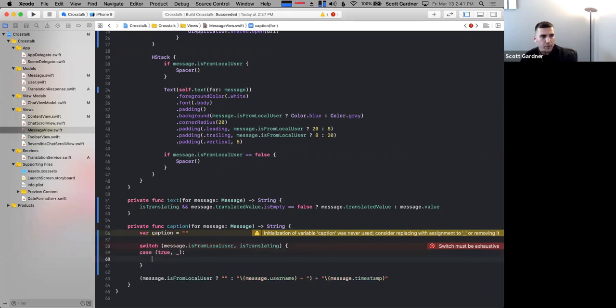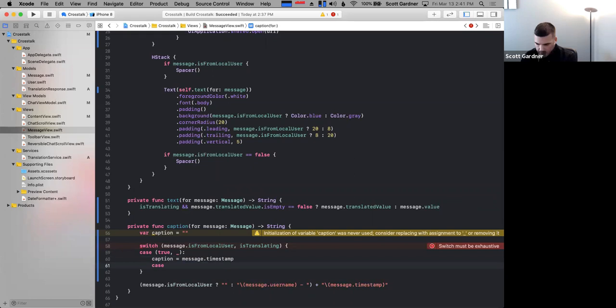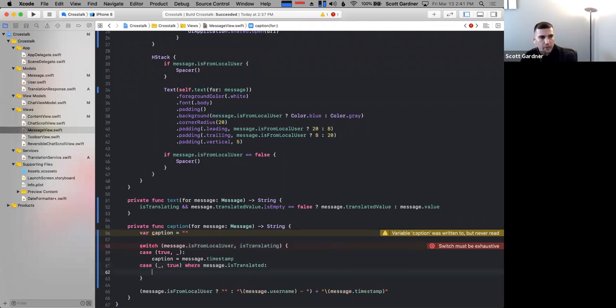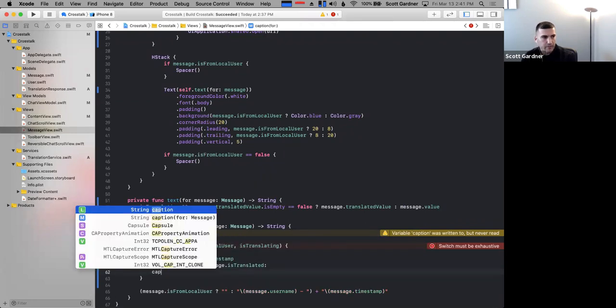So we're just going to say caption equals message dot timestamp. Otherwise, if it is translating, regardless of whether it's local user, so true there, where the message dot is translated, then we will add to the caption